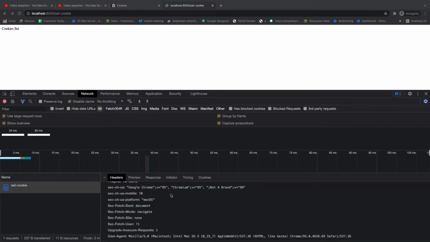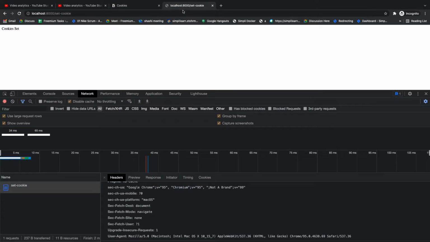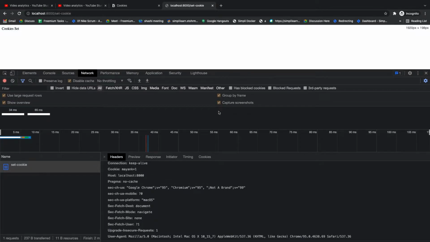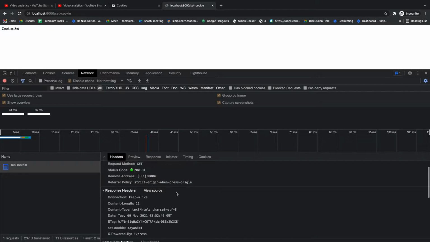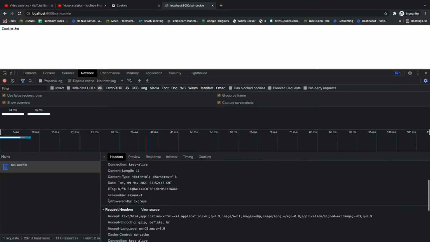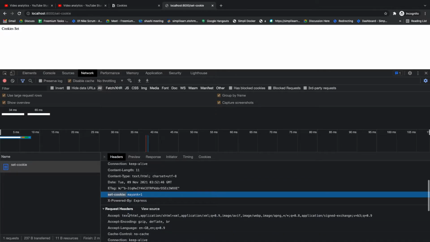To start with, I've listed four subtopics, and we'll go through each of them. They help us understand what cookies are and give you a basic idea for understanding cookies in depth. Cookies are basically HTTP headers that we send with every request from the browser to the server. The server also sends us a header called the set cookie header. So the header name changes between the request header and the response header.